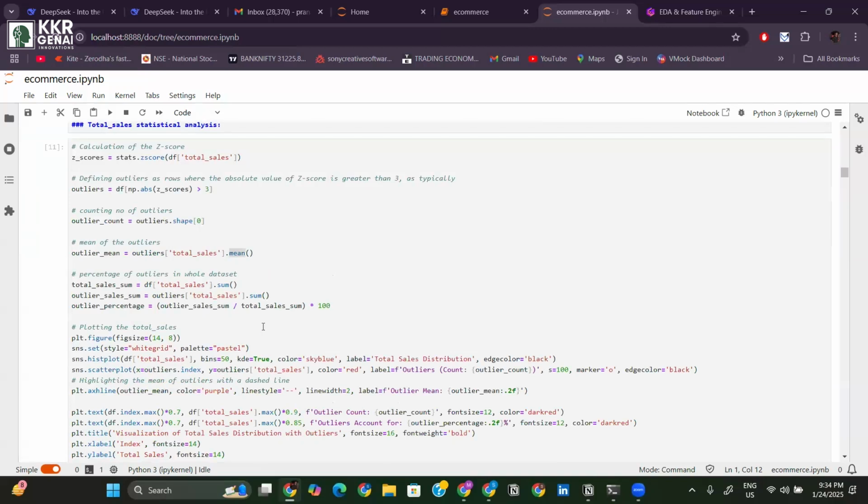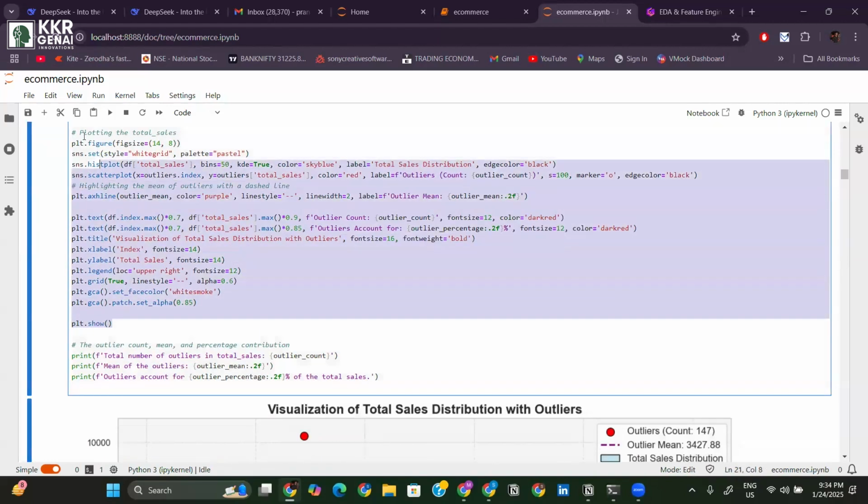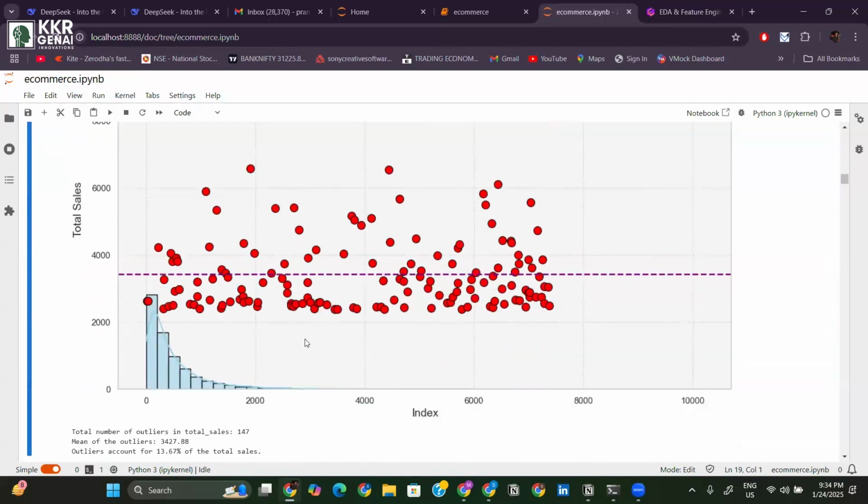For these kinds of customers, the company doesn't want to lose them, right? They want to find out the outliers who are buying more. Along with that, they want to give them discounts. So okay. So in that way, you can derive insights. And I have used a simple visualization to plot this graph. So what does this graph show us? So in this graph, you can identify many patterns, many things from this data. For example,